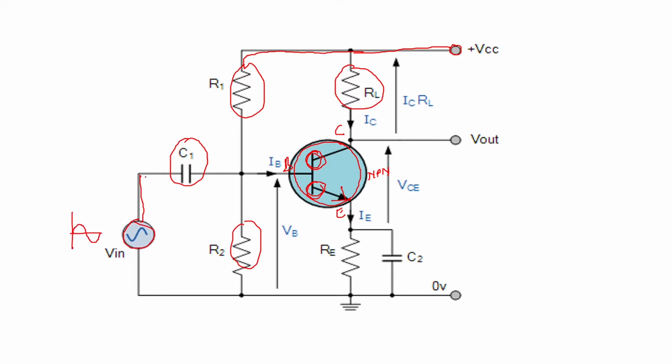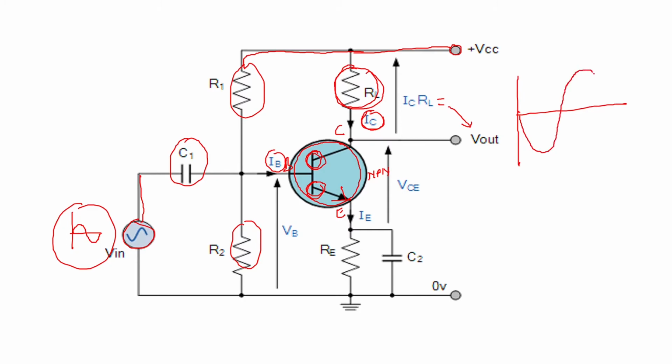Now when this input signal passes, a base current will be developed. That base current will make the collector current develop. When that collector current passes through a high resistance like the load resistance RL, it will develop a high voltage. That high voltage will be IC into RL, which is your V out. So a small signal at the input like this will be seen as an amplified version at the output with phase inversion. So you can see the output like this. Output will be an amplified version of the input with a phase inversion of 180 degrees.